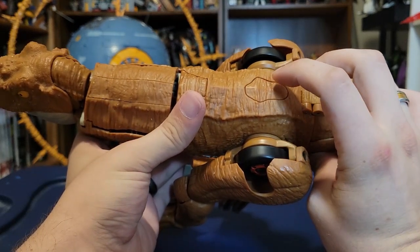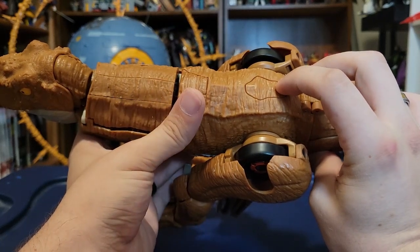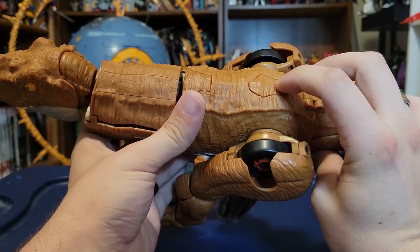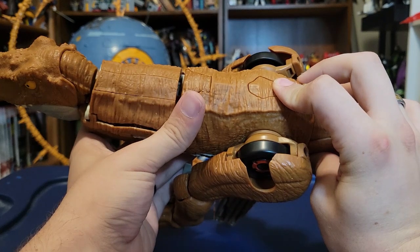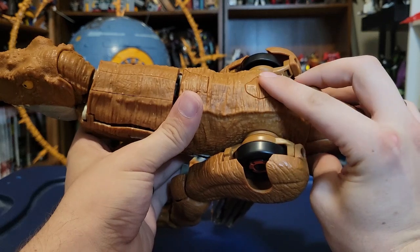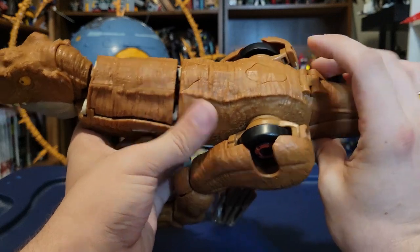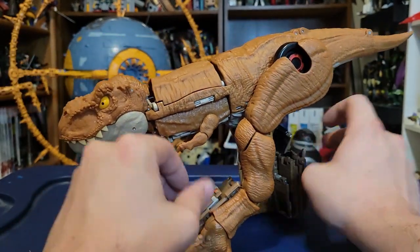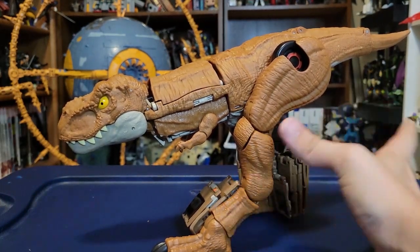So if you push it on the front side, he does a kind of long roar thing. And then if you push the back one, no. Okay, so it's one button. I thought there was... There it is. If you kind of push and hold on the backside, it does a weirder, sort of longer growl. Yeah, so you can. Okay, thank you. You can hear the two sort of separate growls that come out of the figure,